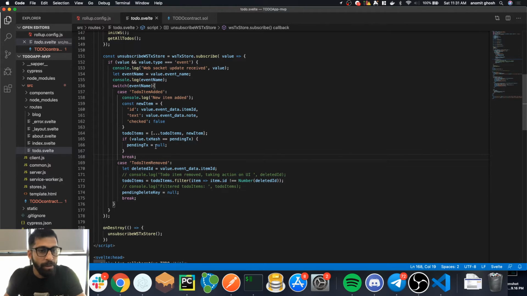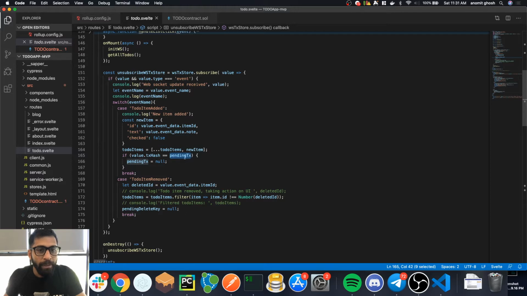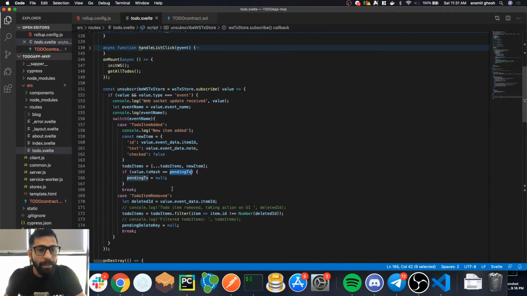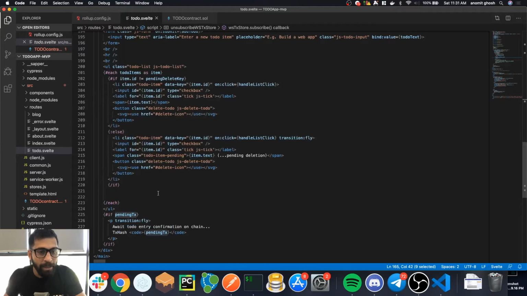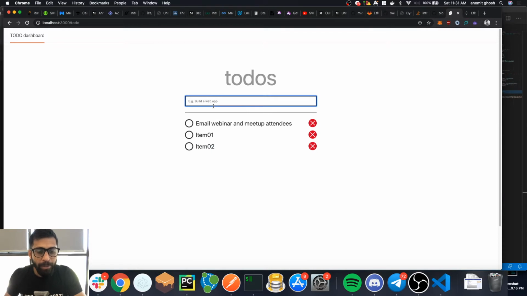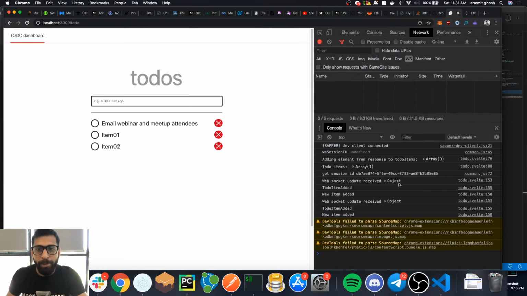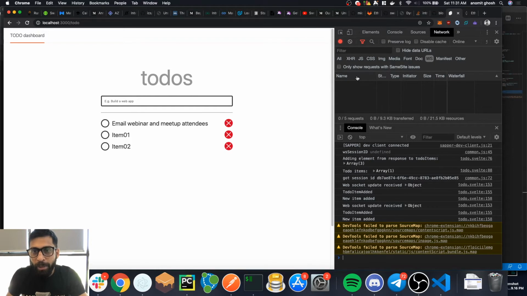So that's the separation of concern that you can achieve when you have an API that's handling most of your decentralized calls. And there is a little bit of a nice UI effect we had called pending transaction. So every time you call add to do, we set a pending transaction, and once it goes away, there is a nice effect over here. As you can see, we'll see it in action right now. And I'll also make sure I keep the debug console open so you see what's going on. So let's see,